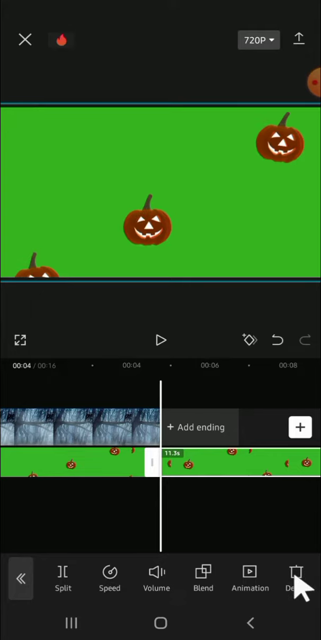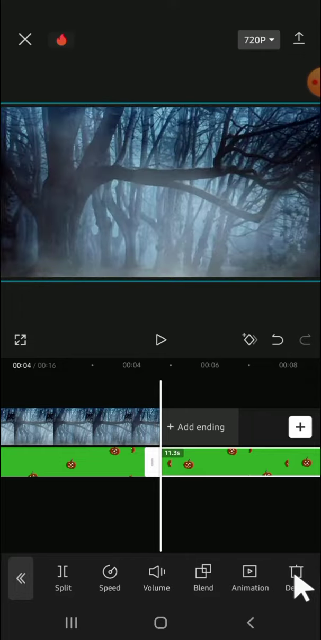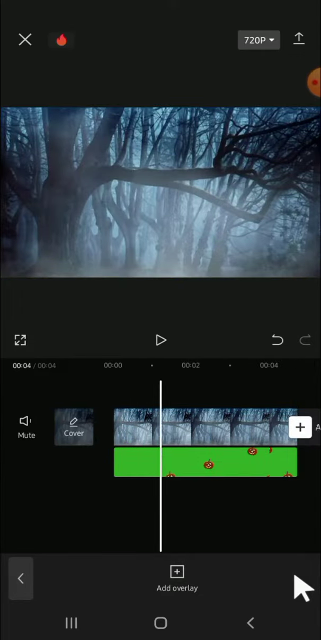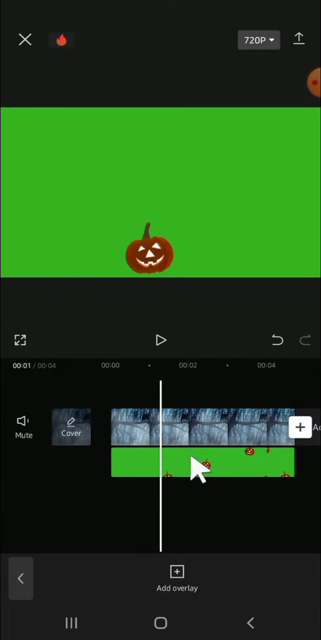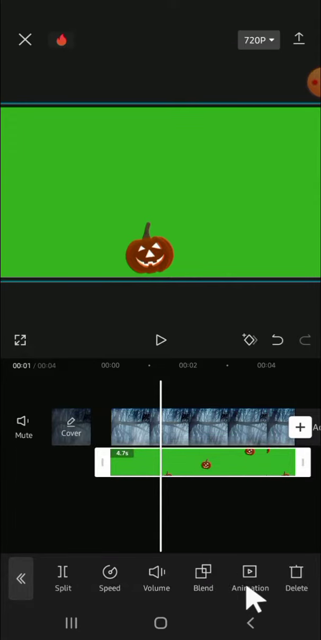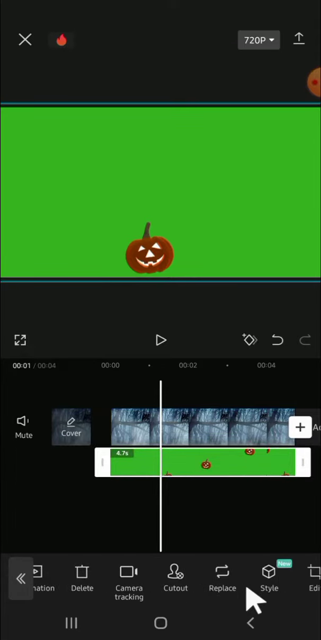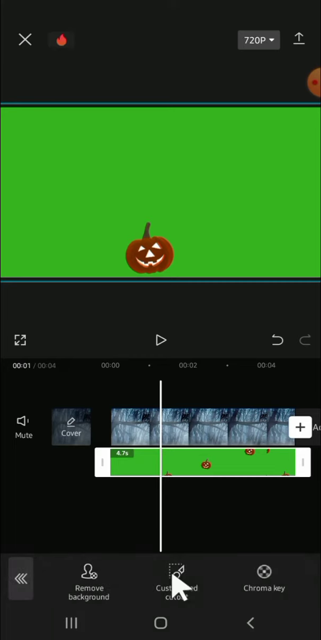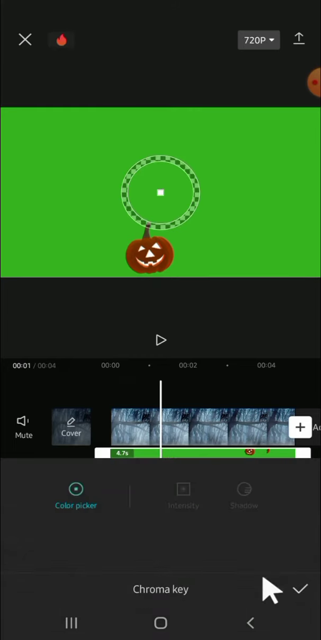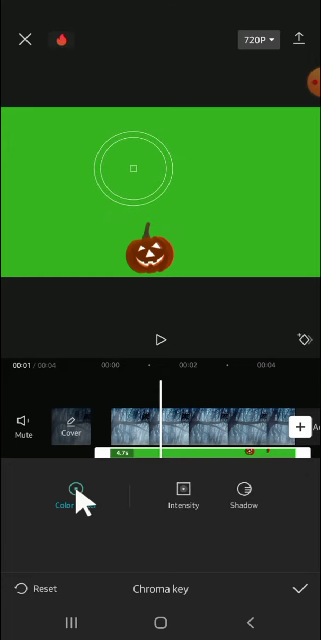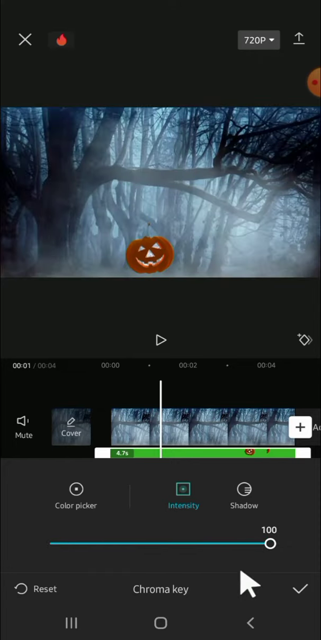And I'm going to remove this green screen. So we can click on this section. After that we can scroll all the way to the right until we find cut out, and I'm going to click on chroma key and click on color picker like this and choose the intensity, and I'm going to drag it. All right,